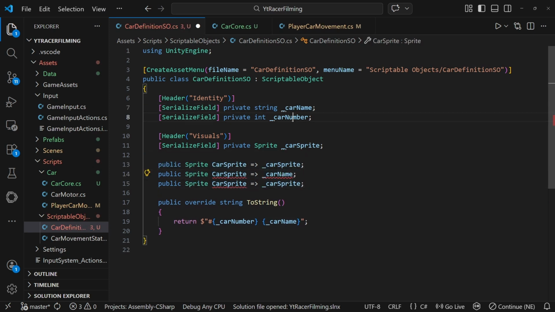So we'll take the car name, and we'll take the car number, which we're going to have type string and type int, and this will be car name, and this will be car number. Now these two we won't be using at the moment, but we will need them later on. With the car sprite set up though, what we can do then is go to our car core, and we need